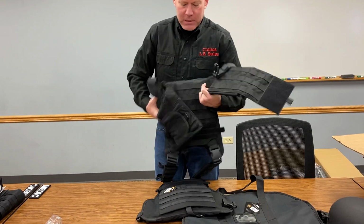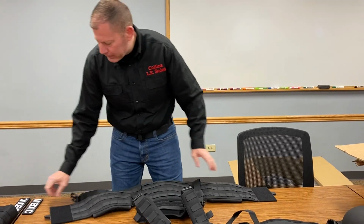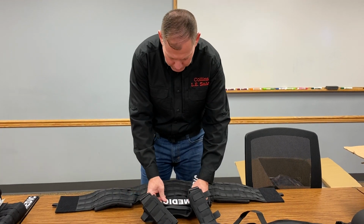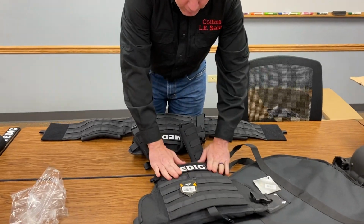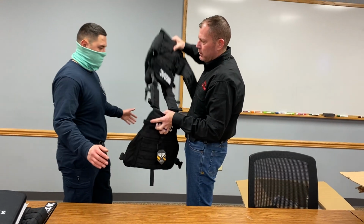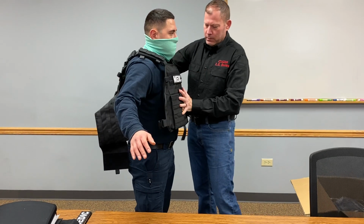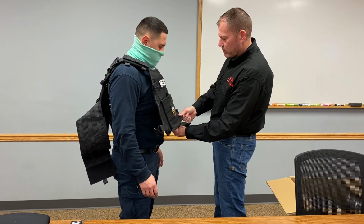So that being said, that's where we're at. That's the package. Obviously, throw some medic tags on there, front and back. And then we will install it on one of my operators here. So basically it comes over the head, inserts. What he's gonna do is, as you're installing it on yourself,